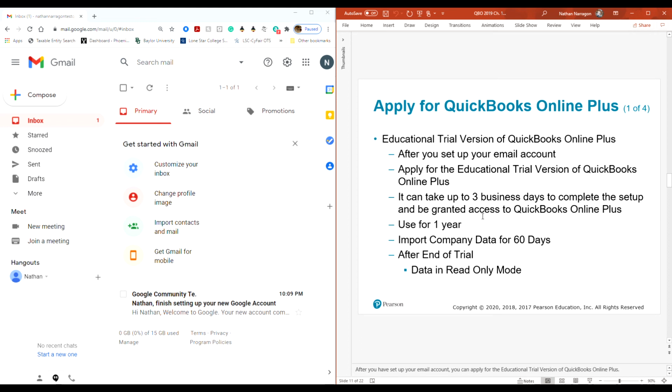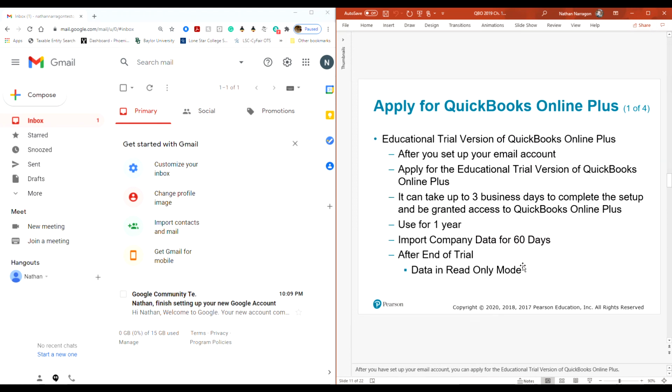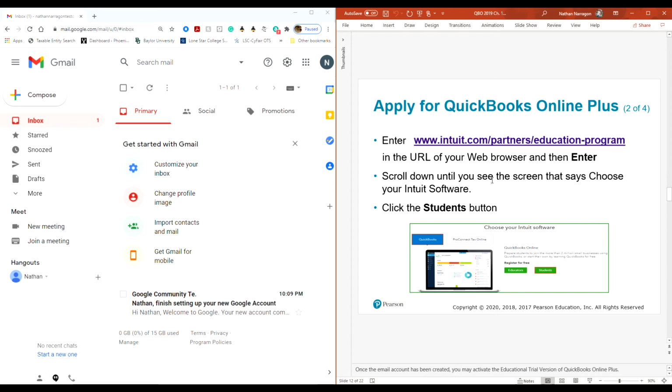Okay, so how do we set up the Educational Trial Plus? So to apply for the Trial Plus, we're going to enter this, copy, paste,